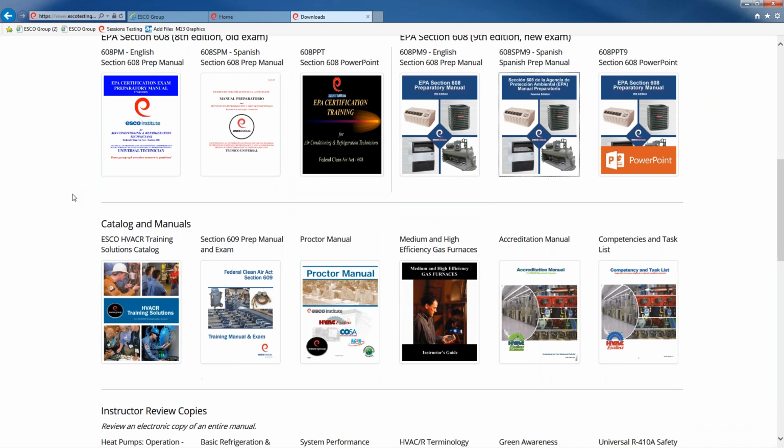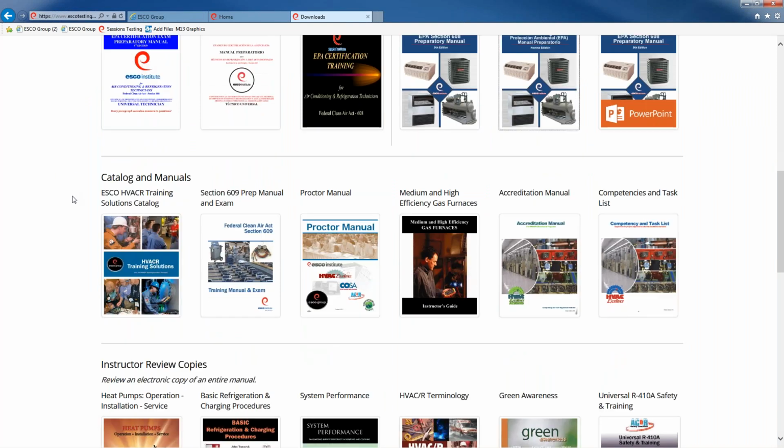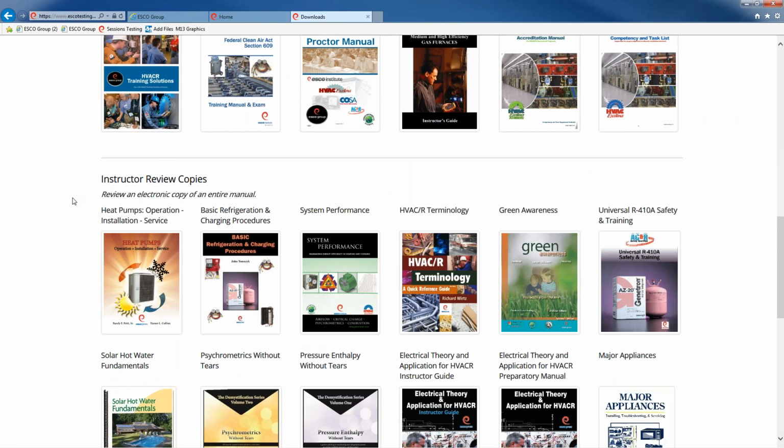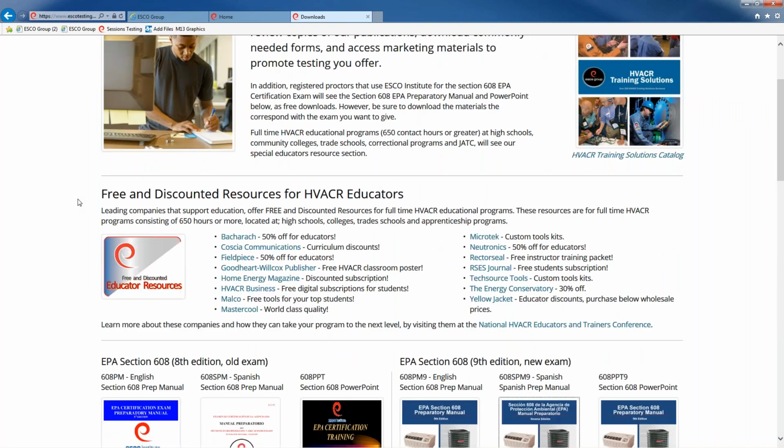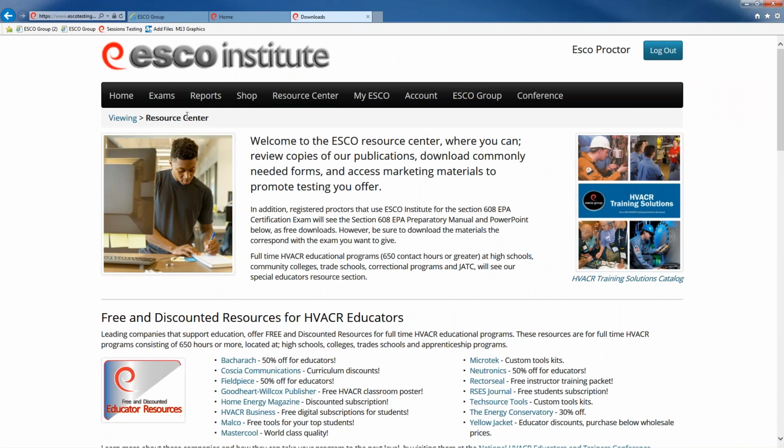So now that we've taken a look at where you can find the materials, of course, there's lots of other stuff in the Resource Center here, so please feel free to check out any of that stuff. But now we're going to take a look at how to actually purchase an online exam credit. If you haven't done a test before, just make sure that you know how to actually get an exam credit loaded up on your account and then how we'll administer a test.